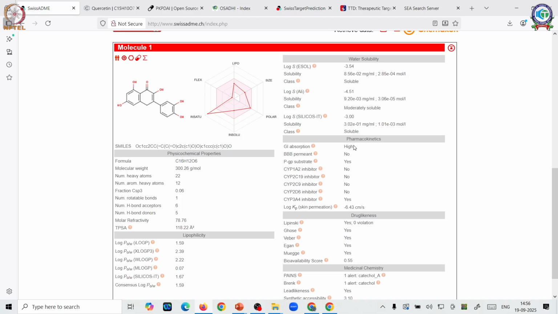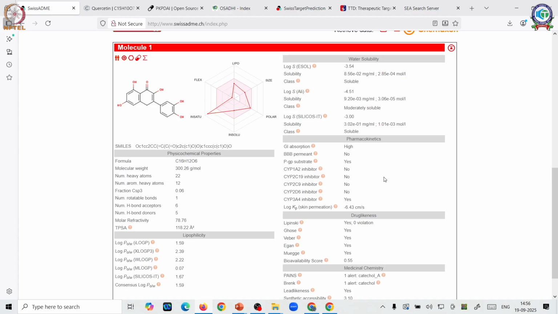But if at all you have to make this drug, or make this molecule, reach your brain, what is going to happen here? The blood brain permeability is 0. So in that case you will require specific drug delivery systems to deliver this molecule across your brain. So you have in your liver what are called cytochromes.